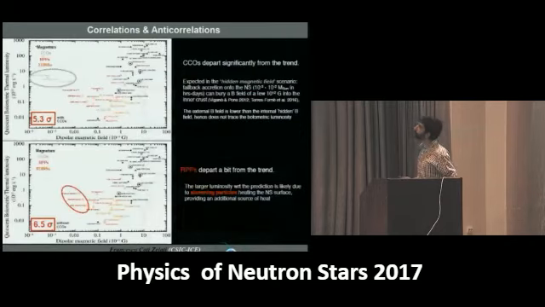Other important correlations here are the quiescent bolometric thermal luminosity as a function of the external dipolar magnetic field. Here the correlation is significant at the level of 3.3 sigma. In this plot I also included, besides the magnetars, the central compact objects in gray, the rotation powered pulsars for which a clear thermal emission was detected in red, plus the X-ray dim isolated neutron stars in orange. You see anyway that the central compact objects depart a bit from the general observed trend, and this is expected